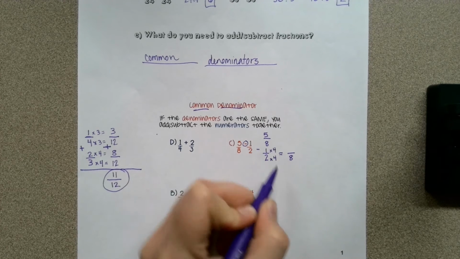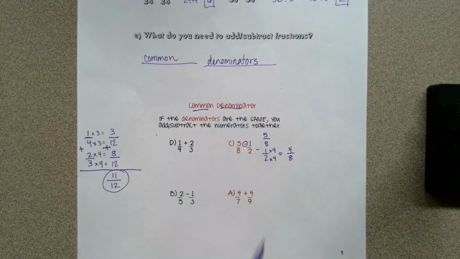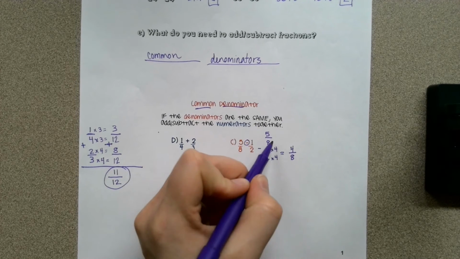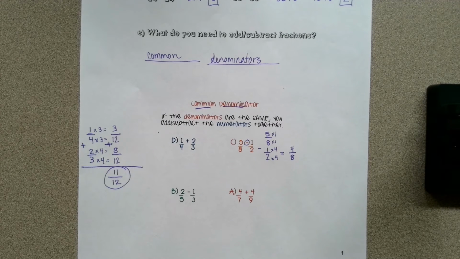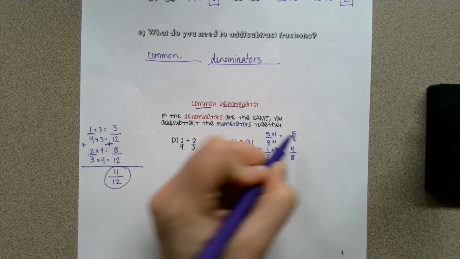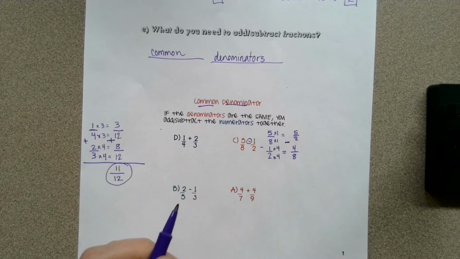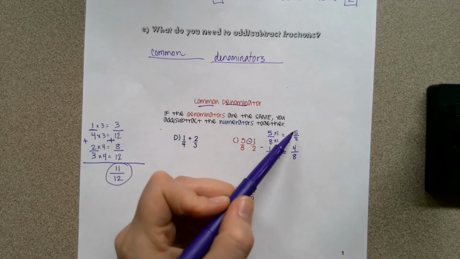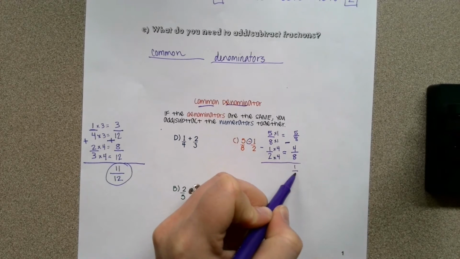So if we multiply both of those by 4, instead of 1/2, now we have 4/8, which is the same value. And in the numerator, we can show that we're just multiplying them both by 1, because anytime we multiply by 1, the value stays the same, giving us still 5/8. And the operation is subtraction, so I want you to carry that over as well. Now we have 5/8 minus 4/8, which gives us 1/8